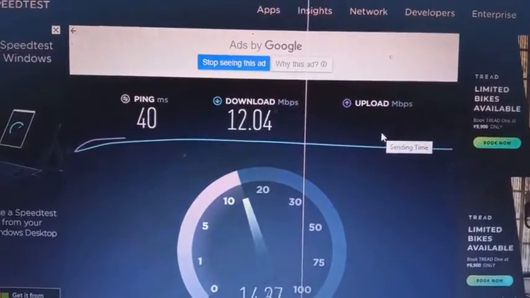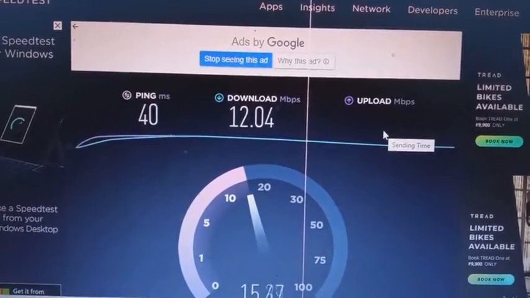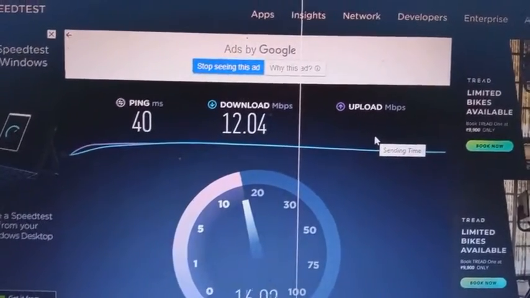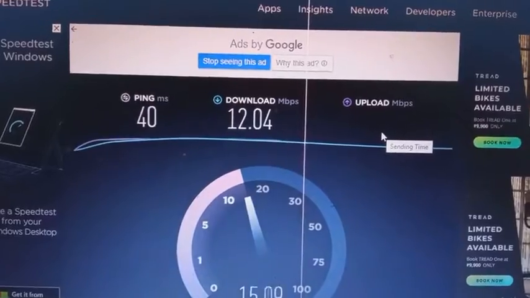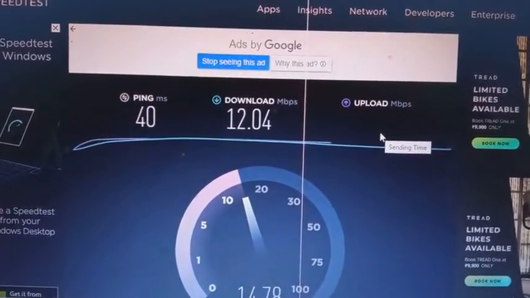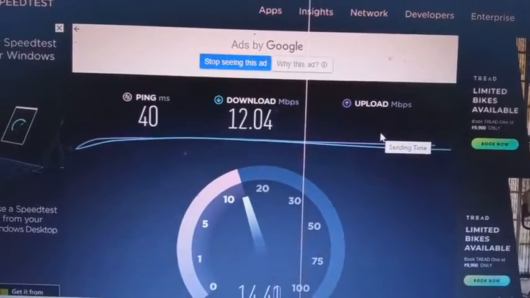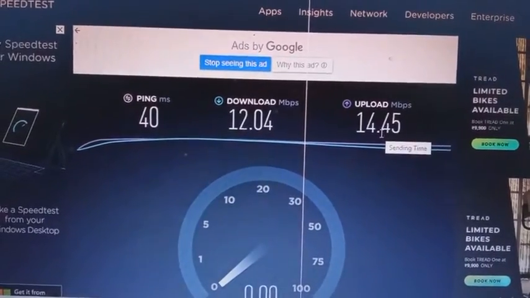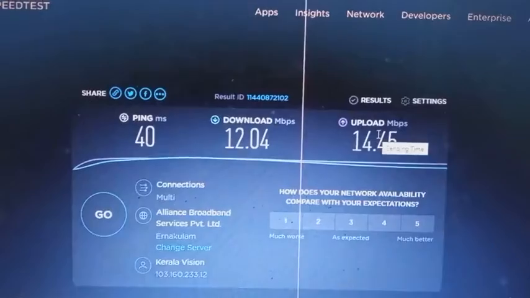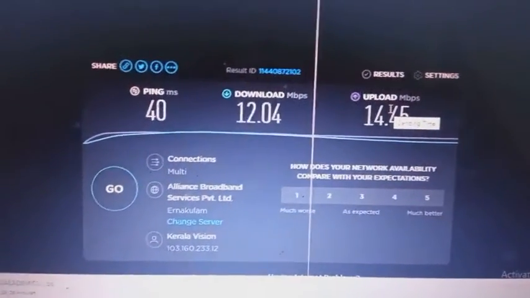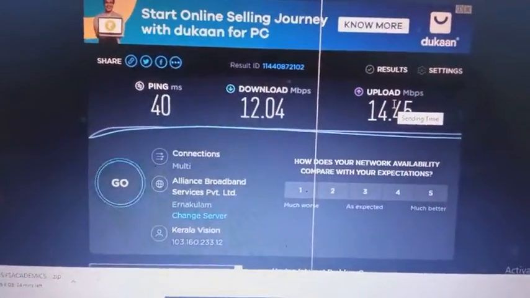So I can download 12 Mbps by using my connection. Then next it shows my uploading speed. My uploading speed is 14.45 Mbps. So this is the use of speed test.